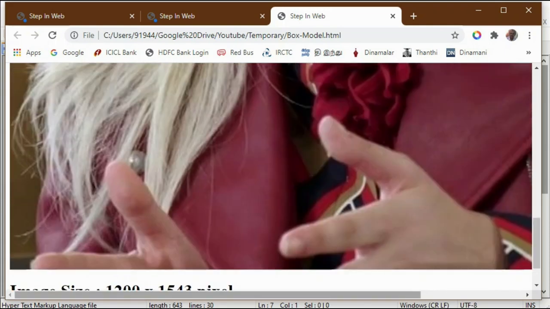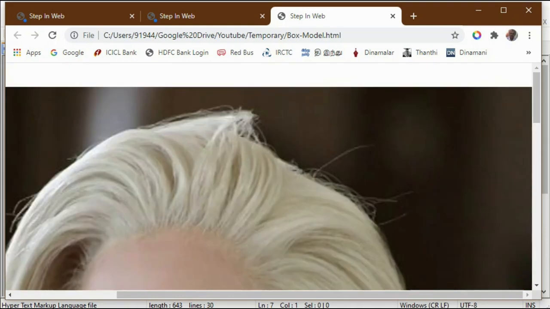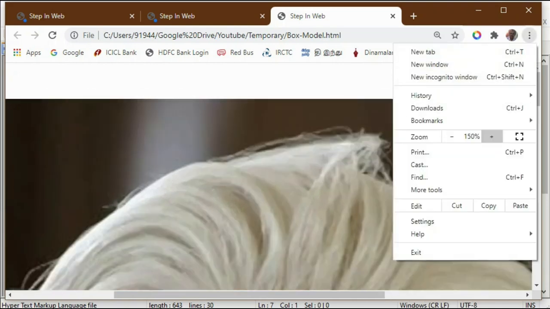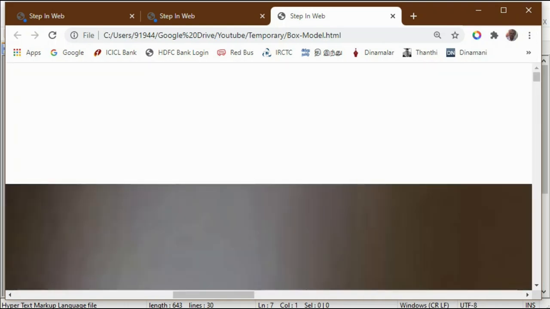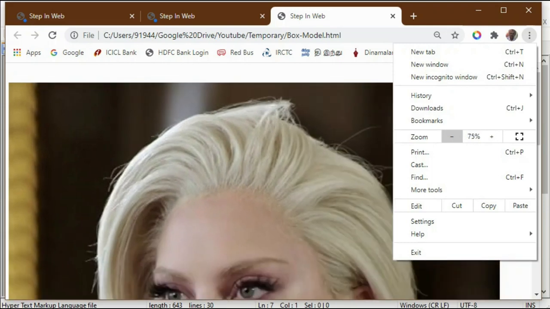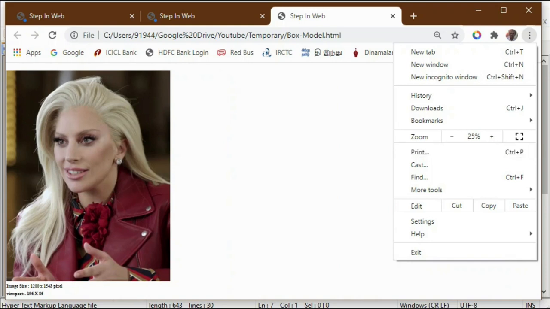So the image, totally in the horizontal direction as well as in the vertical direction, is not accommodated in the viewport. Suppose I am increasing my viewport size up to 500%. Now you can see that the image has gone very big, and is totally out of our viewport area. Now I will reduce my viewport size. You can see that the image is slowly coming into full shape in the browser window, and my browser window viewport